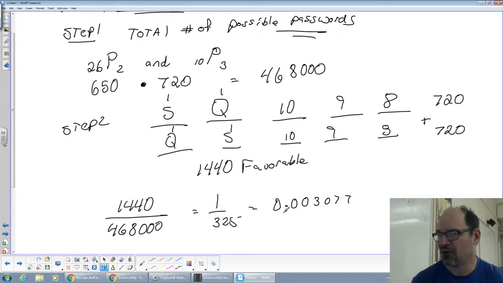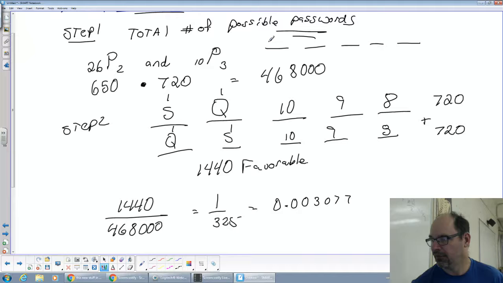Okay, so the trick there was you have to get the bottom number, which was choosing 2 letters where order matters and 3 numbers where order matters. Now, if we did it with blanks, you could have done it with blanks too. If you did it with blanks, it would have looked like this. That would have been any letter, any letter, any number, any number, any number. And if you go 26 times 26 times 10 times 10 times 10,